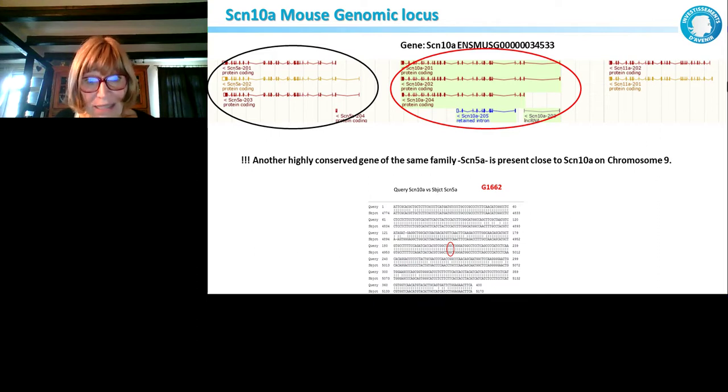Then at the site of the mutation that is surrounded on the top, on the lower panel, you can see here that you cannot choose a guide that is specific, because it will also cut in SCN5A.